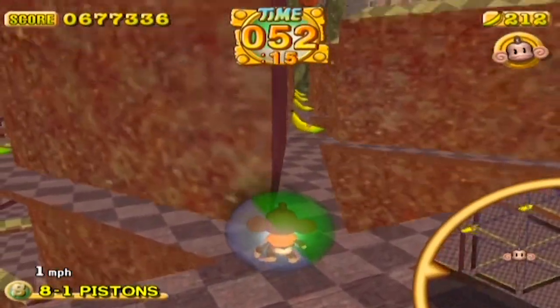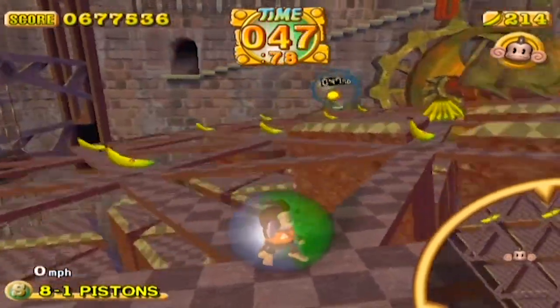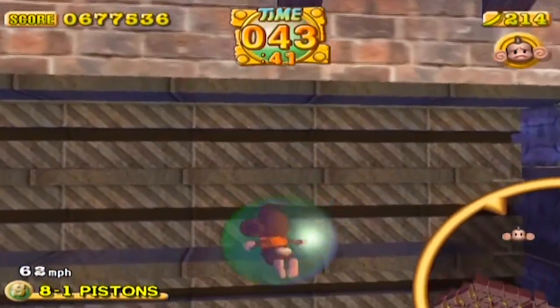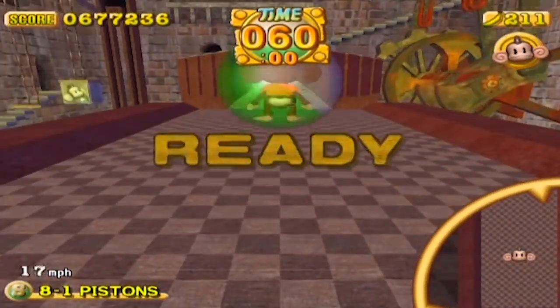So, this is pistons, this level, and as you can see, these pistons come up, and they're the only safe points. They tend to move in arcs coming out from the center. As you can see, oh dear, and if they hit you very hard, it ends badly. What makes this whole world hard is almost every level has some kind of mechanism in,